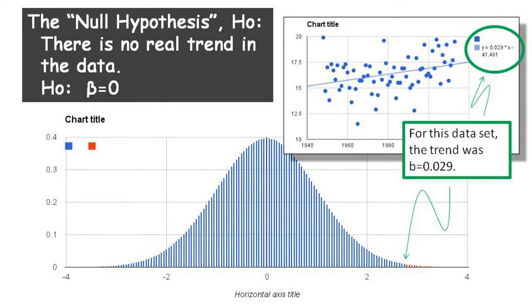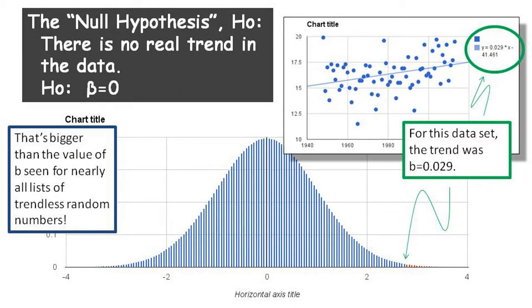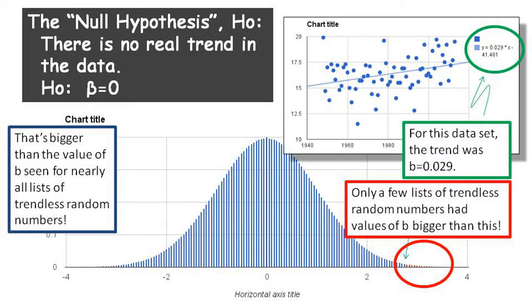Sure, maybe once in a while lists of random numbers did actually show a trend that was as big as what was being seen in the data, but it only happened very, very rarely. This b, this trend that we computed based on the data, really isn't acting very much like a trend we would see in lists of random numbers that don't really have a trend at all. This b is big enough that it is really improbable that this value could have happened in lists of trendless